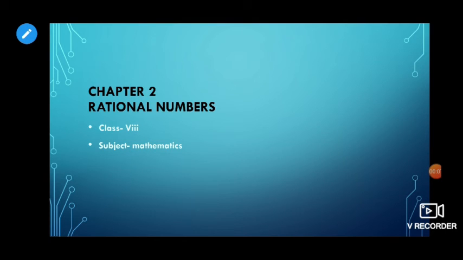Part 2. Actually, in part 1 we already discussed what rational numbers are and what properties are satisfied by rational numbers: addition, subtraction, multiplication and division, and how to do addition, division, subtraction and multiplication of rational numbers in the last part. And based on that, how to perform the sums.